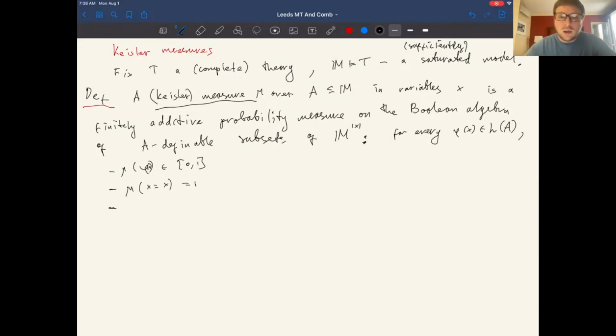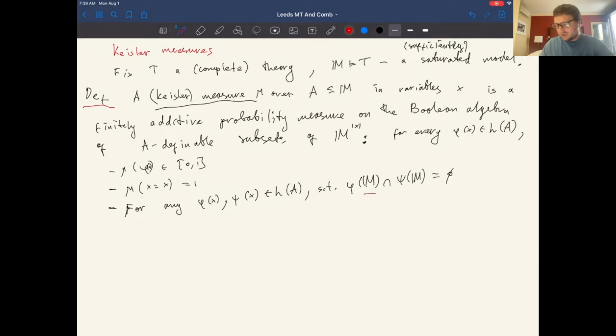It is finitely additive, meaning that for any two formulas phi of x and psi of x, both with parameters in A, which define disjoint sets, such that phi of M intersection psi of M is empty, and by this again I mean the solution sets,